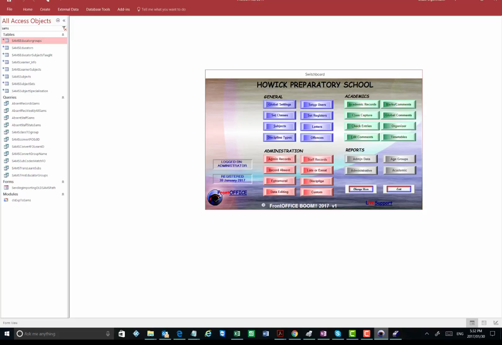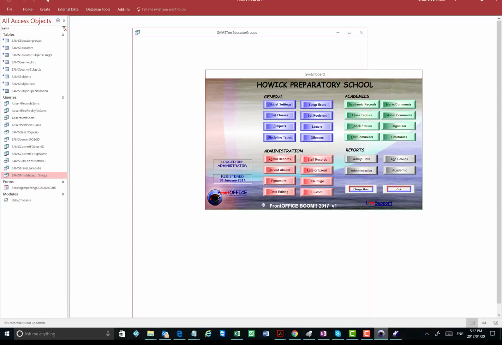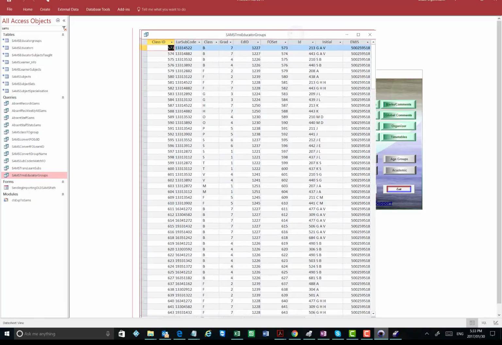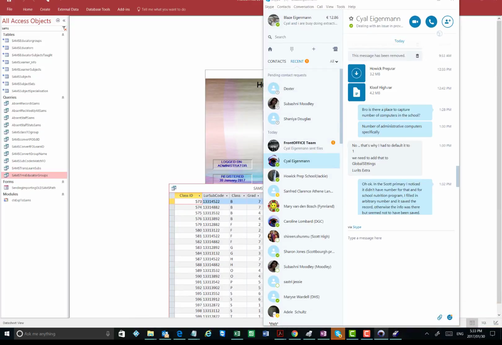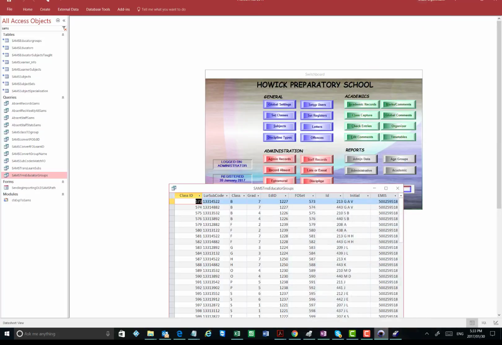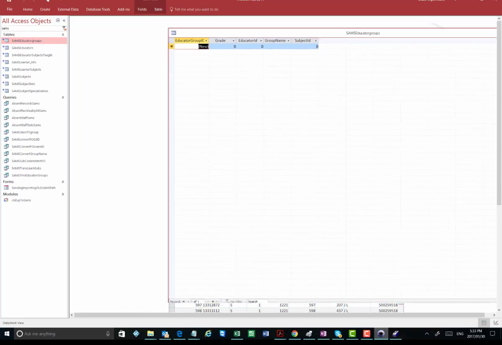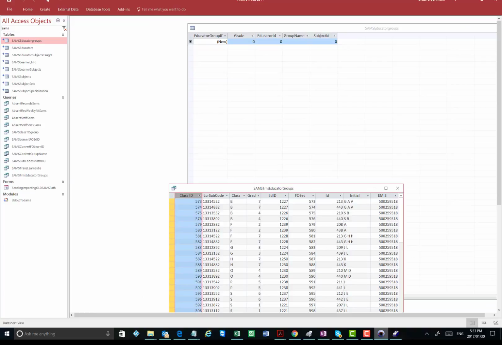So what I'm doing, as I say, just sort of roughly manually at the moment, is the first one I'm going to do, and there is a particular order that they must be done, is to put what they call educator groups in. So I open my record set where I know the information is being pulled, both from front office and the admin side of SAMS, so that the fields match, and I open the educator groups table, and basically I need